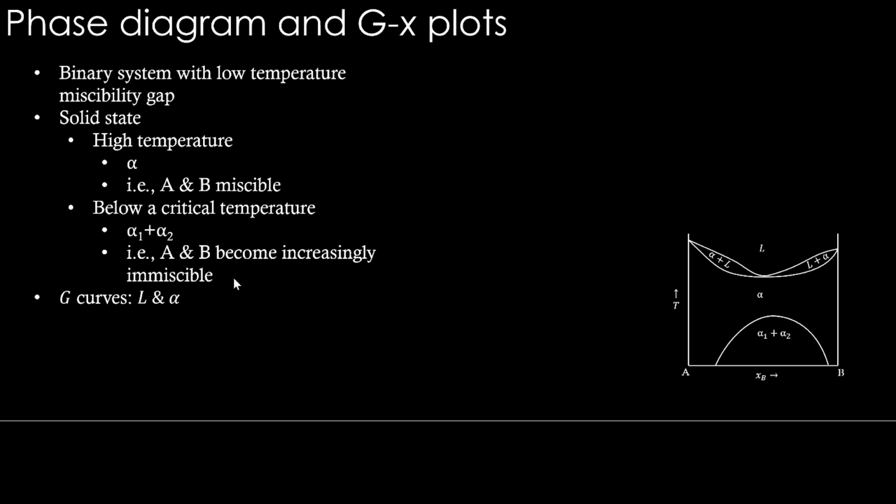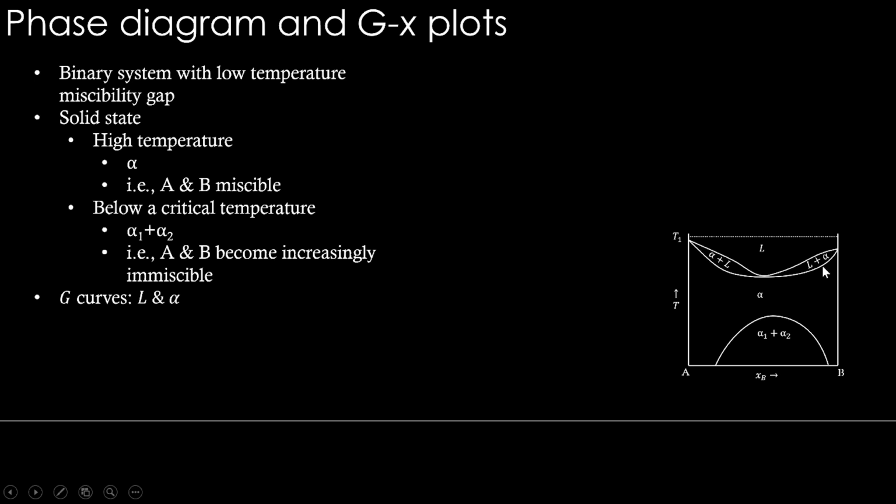Right. So when we want to plot the Gibbs energy composition plots for this, how many curves should we consider? How many phases should we consider to be in competition? We are going to use liquid and alpha. Why? Because for one crystal structure, we said one curve will come. For liquid, there will be one curve. For alpha, there will be one curve. Since alpha 1 and alpha 2 belong to the same crystal structure of alpha, we will have only one curve in which we identify the compositions corresponding to alpha 1 and alpha 2 by common tangent construction. But there will not be any separate curves for alpha 1 and alpha 2. So these three phases will have only one Gibbs energy composition plot.